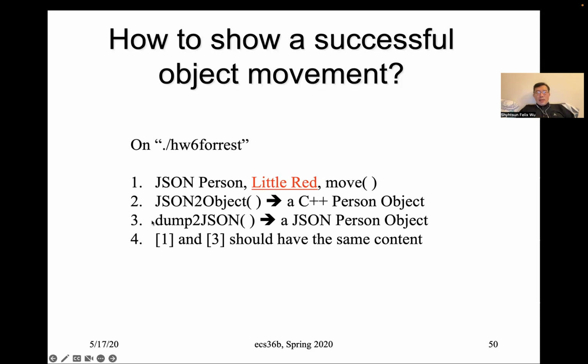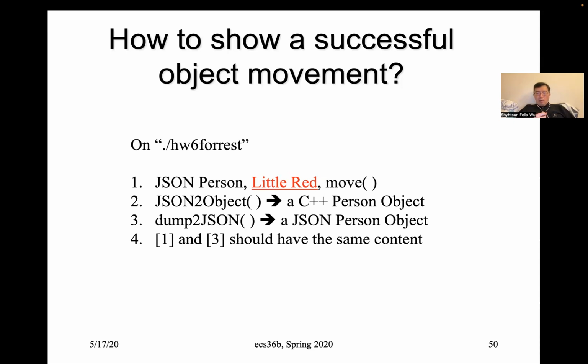What I'm saying is that if your movement is correct, the JSON person that's used in the RPC call move should be equivalent, the same content, as the dump to JSON that you just produced in step number 3. If your number 1 is equivalent to number 3, then essentially you have a correct object mobility from